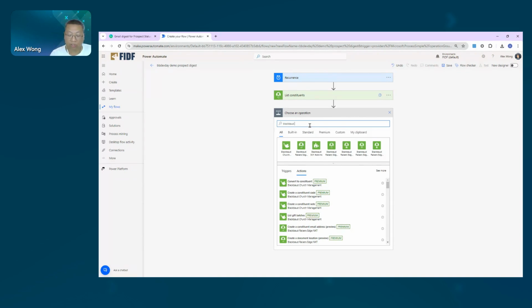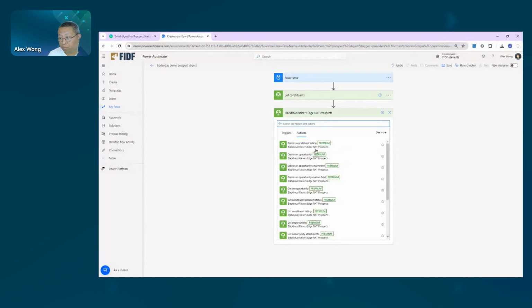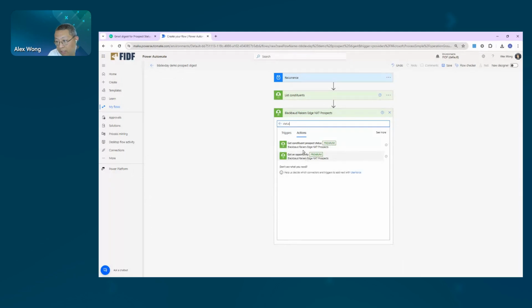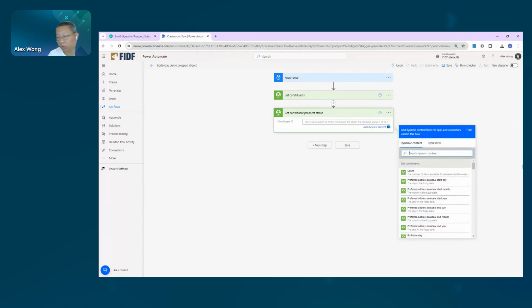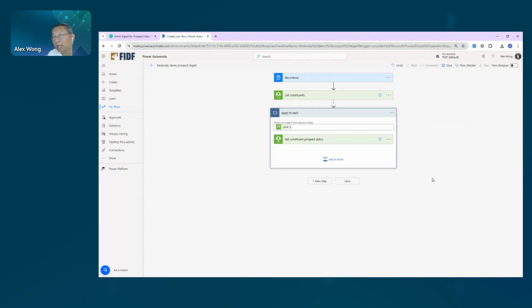So that's what we're going to do here as well. So prospect, yep, that's the one. We're going to go ahead and get prospect status, get constituent prospect status. So here it requires the constituent ID. I'm going to look for that ID here. And we get list constituent, the system record ID of the constituent, pop that in, and Flow immediately put apply